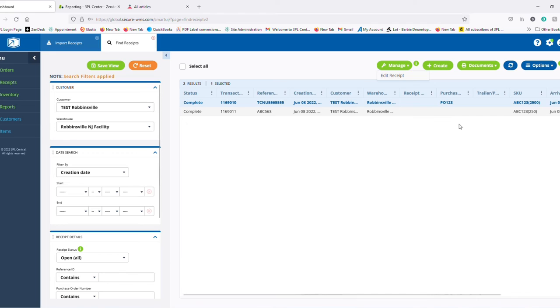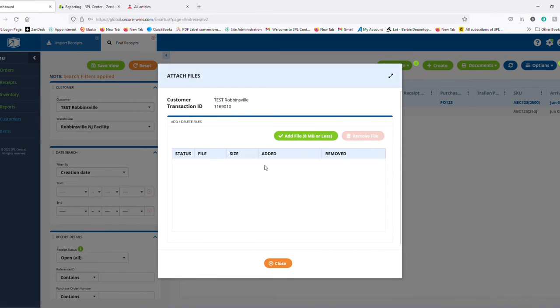Once you exit out of the receipt and you're back on this page, you can actually view some documents. You can either attach files, either a packing slip, or if you want to attach your order or receipt imports to it, you want to attach any other documentation that'll help you or us receive the goods quicker, you can